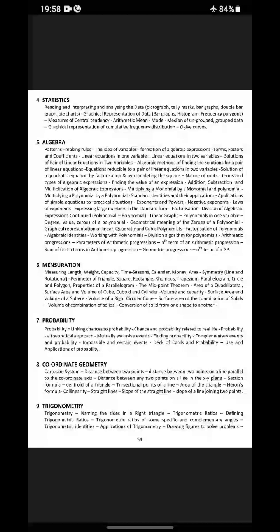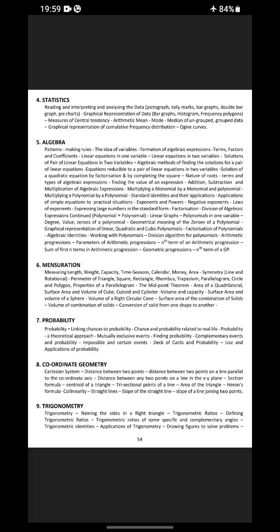Statistics: reading, interpreting and analyzing the data, pictography, tally marks, bar graphs, double bar graph, pie charts, graphical representation of data, bar graphs, histogram, frequency polygons, measures of central tendency, arithmetic mean, mode, median, ungrouped data, graphical representation of cumulative frequency distribution, Ogive curves, algebra, patterns, making rules, the idea of variables, formation of algebraic expressions, terms, factors and